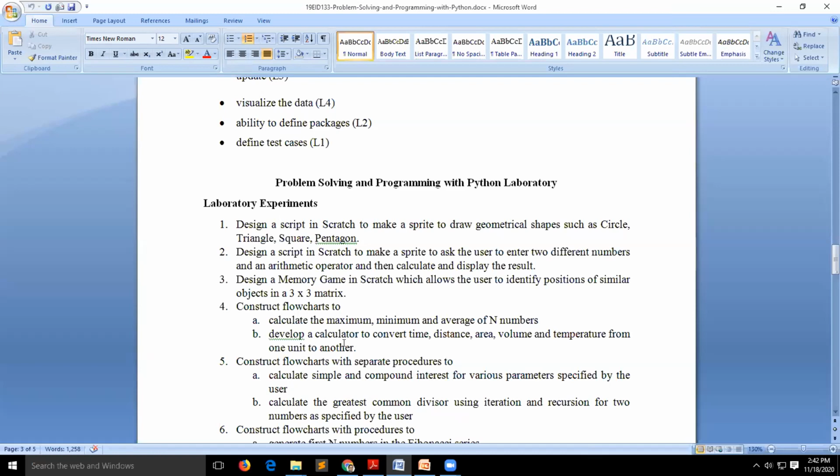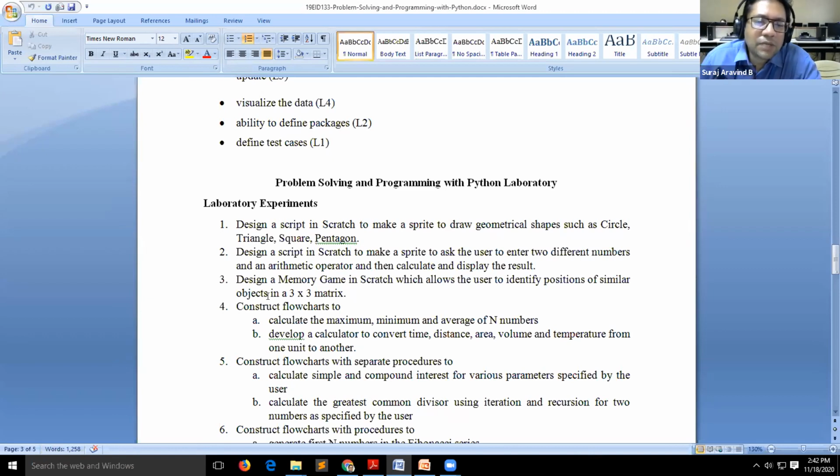Sir, otherwise, can we take the screenshot and put it in the Word file, sir? Shall we ask them to do that? The output of the program, the output of the Scratch. Yes, hexagon, pentagon. Okay, whichever is convenient to you, you put it, either in the record somewhere, link or somehow.